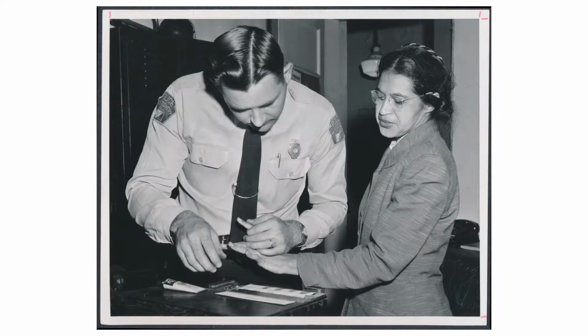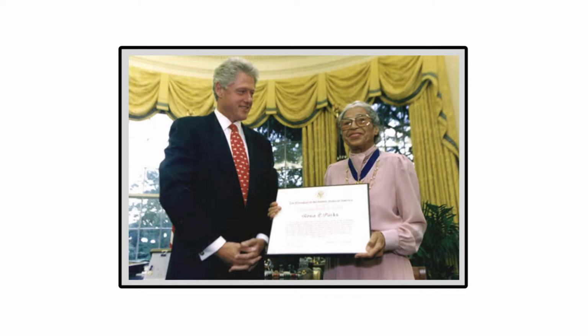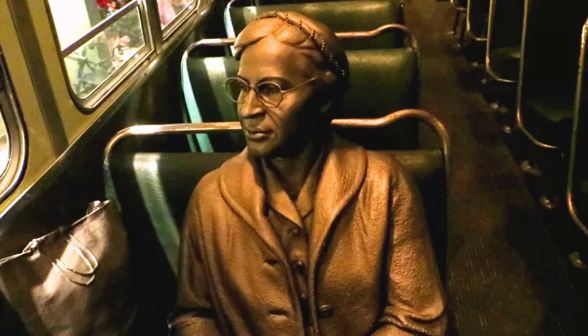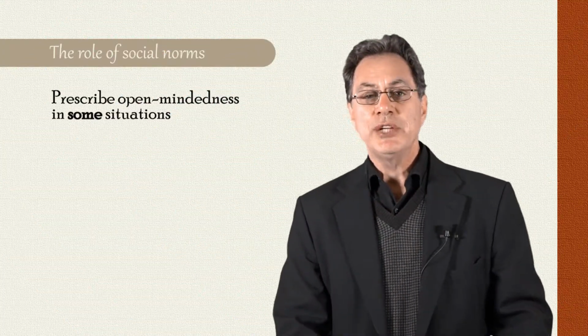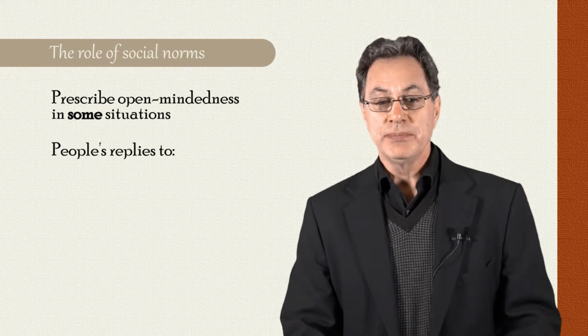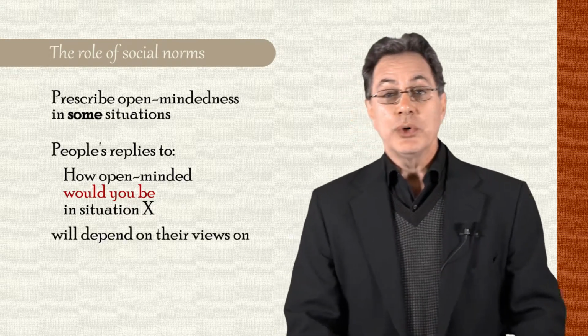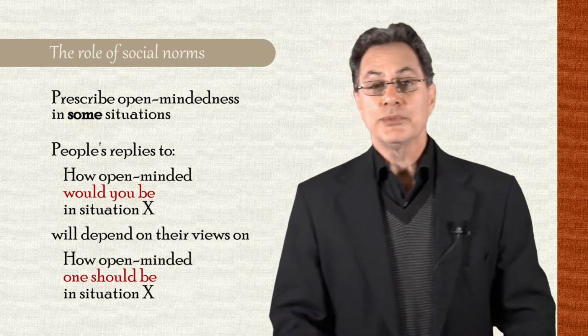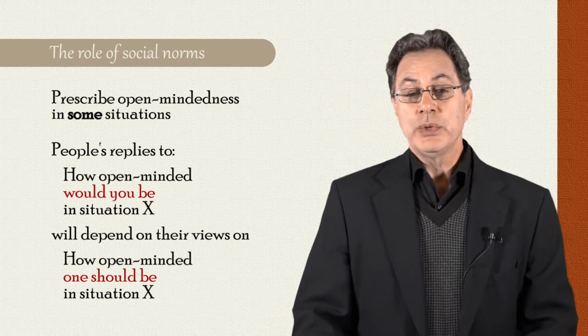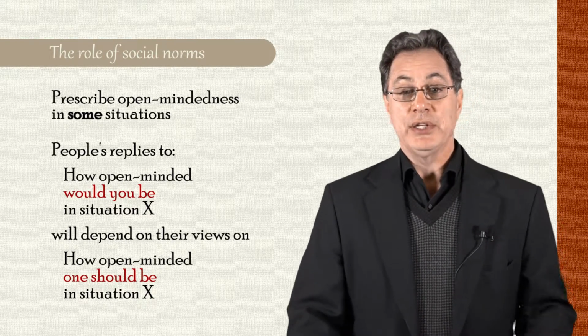Imagine if Rosa Parks were asked to openly listen to reasons why she should be required to sit in the back of the bus. We might regard her refusal to openly consider these lines of argumentation to be virtuous, admirable, and therefore socially appropriate. So sometimes social norms prescribe that it's appropriate to be less open-minded. For all of these reasons, in addition to measuring situation-specific open-minded cognition, how open-minded one indicates they would be in the situation, it's important also to measure perceptions of the social norms that are activated in this situation, the extent to which one believes one should be open-minded in the situation.